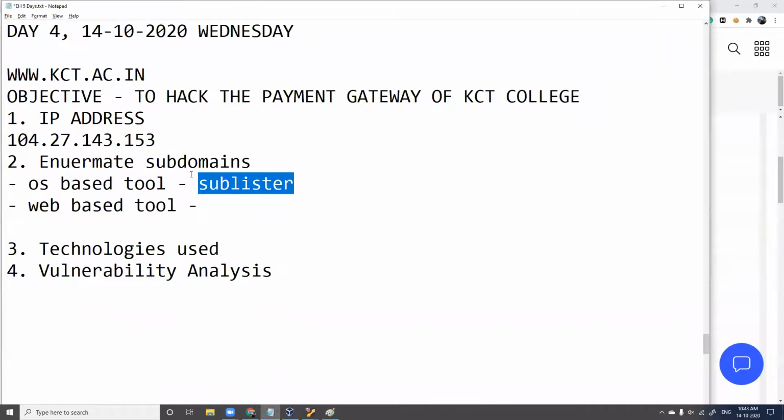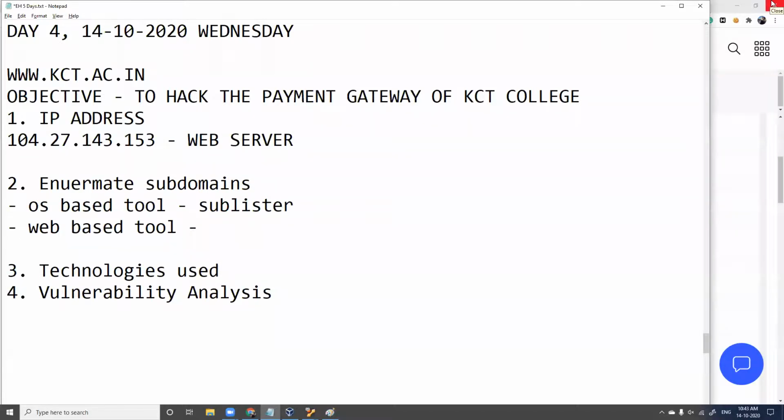So as per our objective, the IP address we have here is for the web server, and this particular IP address is for fees payment. So they have a different IP address, like a different server for fees payment. And so now, which is our target IP? This is your target IP address. Fine. This will be your target IP address.